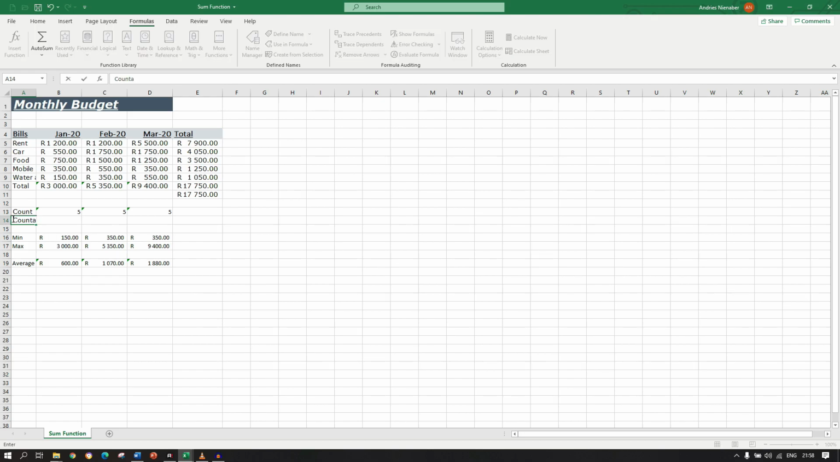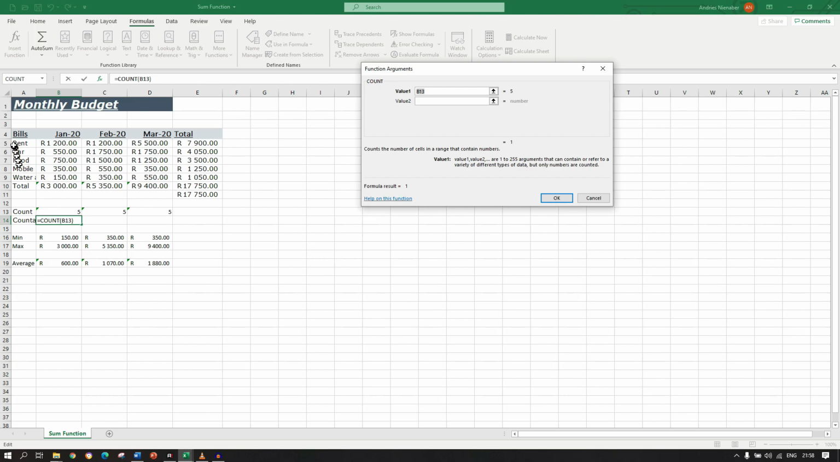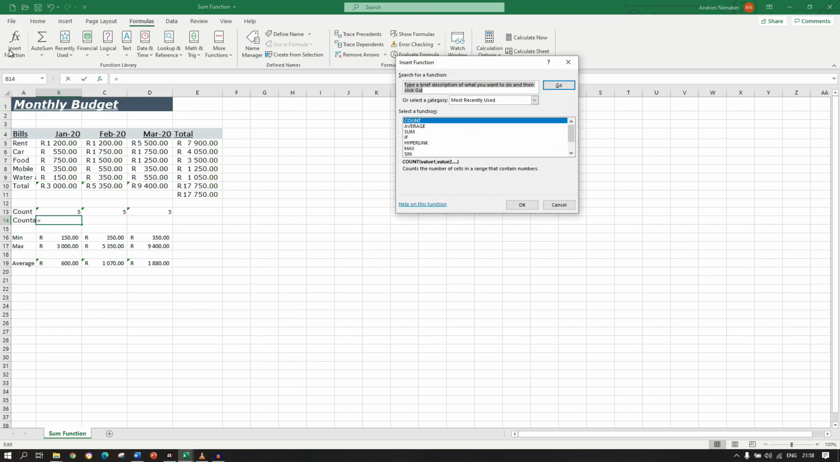Now count only works for numerical values, but if I now want to do the count function on alpha, it returns the value of 0 because it will only count numeric. So what we need to do is let's delete that. Let's go back into our insert function, and then we can look for count, and count is count A,